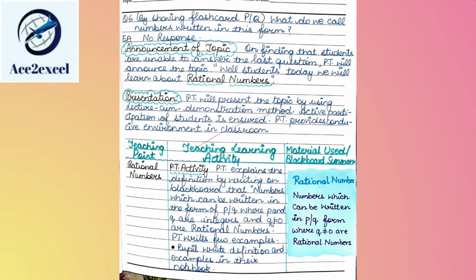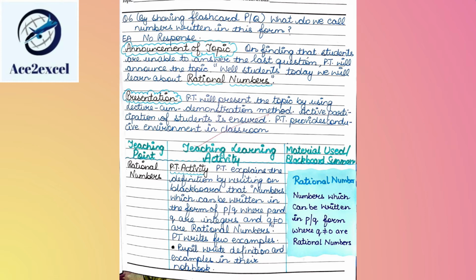Once the student is not able to answer the last question, PT will announce the topic by saying, students, today we will be learning about rational numbers. The presentation part will start with a lecture cum demonstration method. Active participation of students is ensured by the PT, and side by side PT will provide a conducive environment in the class. PT will describe rational numbers, that is he or she will define rational numbers, describe them on